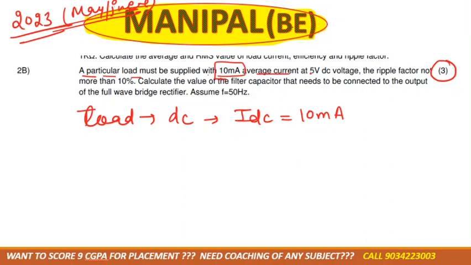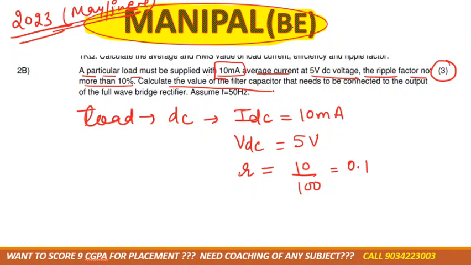Now they said average current, that is I_DC, is 10 milliampere at 5 volt DC supply. So basically V_DC is 5 volt. The ripple factor is not more than 10%. So we can consider ripple factor is 10%. 10% means 10 by 100, that would be 0.1. Calculate the value of filter capacitor, means we need to calculate the value of capacitor, right? That needs to be connected to the output of the full wave rectifier, and they have given frequency